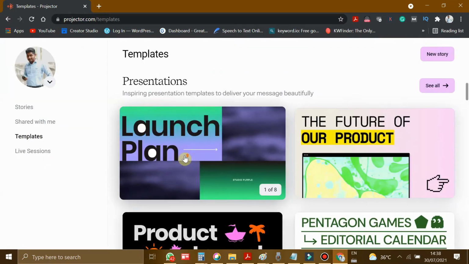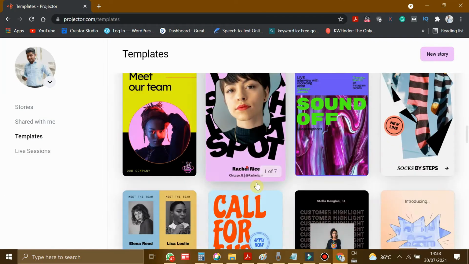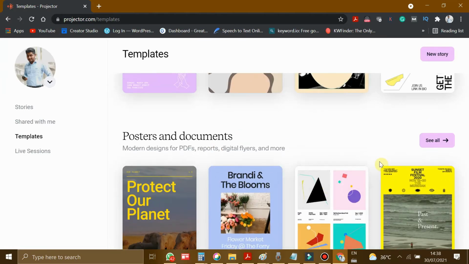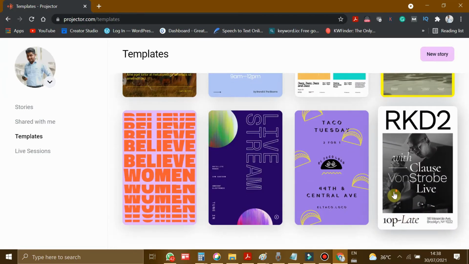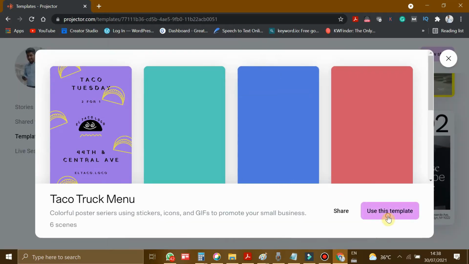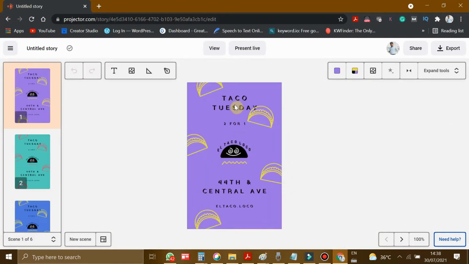We have separate templates for making presentations, Instagram posts, social media posts, and also for posters, ad banners, and all the designs. You can just click it and use this template, and you can edit all the pre-applied items. You can use your text and your logo, replace them, and just click export. So that is how it works.